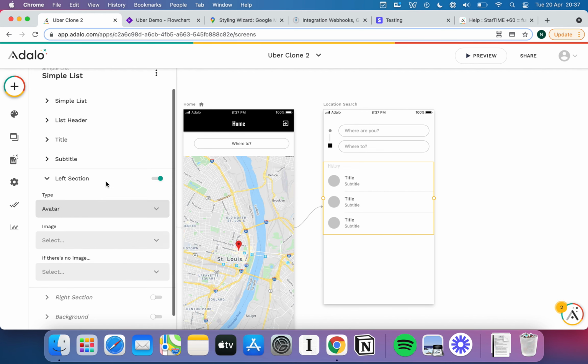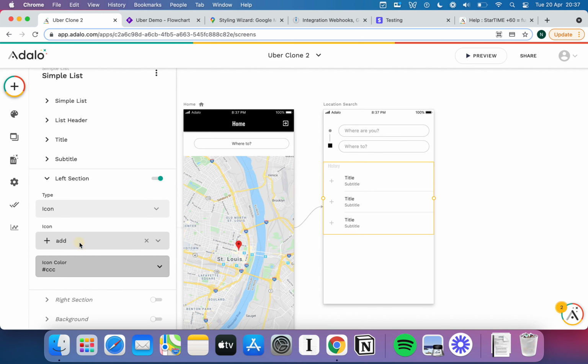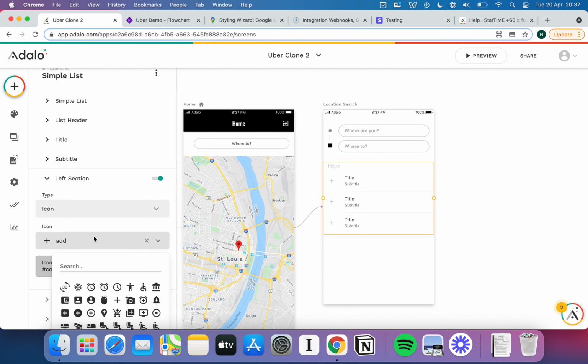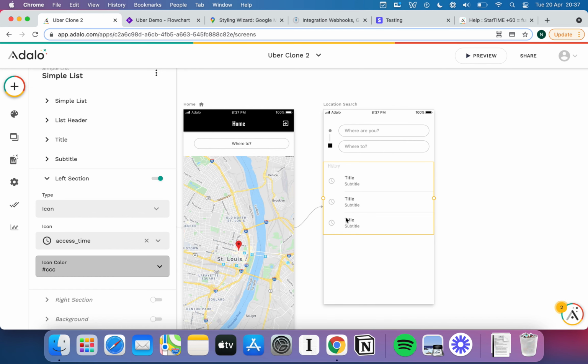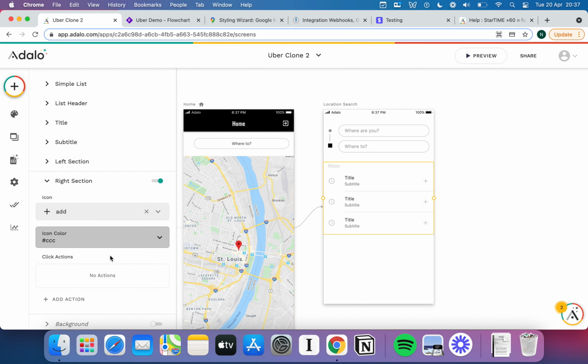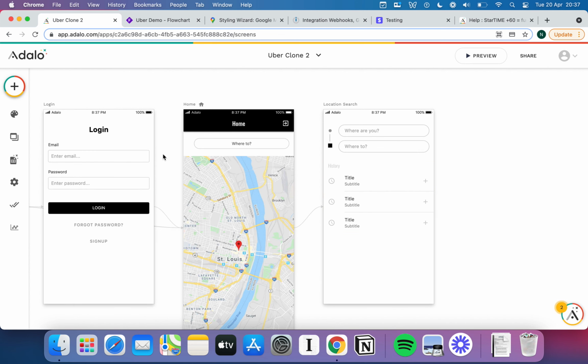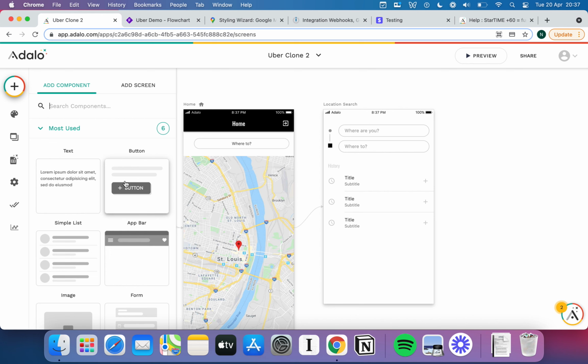And what we'll do later is we'll configure all of this to kind of match up, but we can change this to an icon right now. And since this is going to be history, I'm going to look for some sort of little timer icon here. Now there's a few. I quite like that one. It looks pretty familiar actually. It looks a lot like the Uber app, and I'll also put on the right hand section here as well. So there we go, we've got a list,